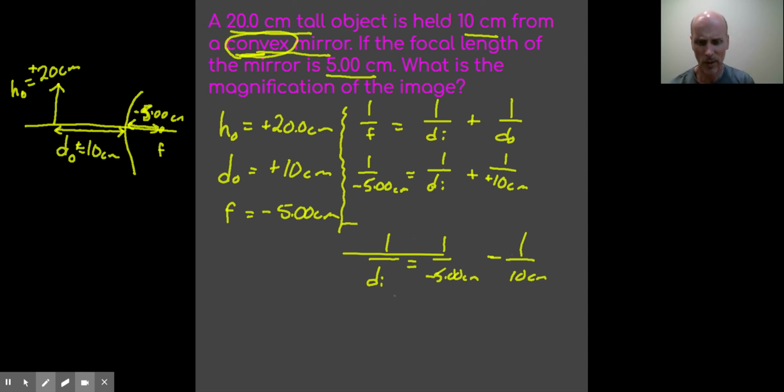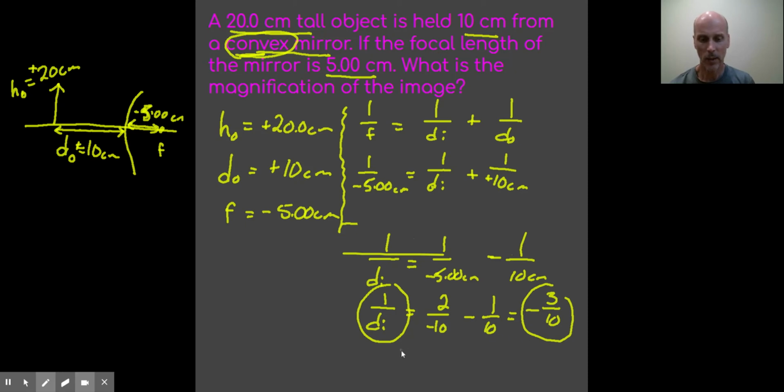I guess because they're nice round numbers, I can do it this way. 1 over DI is equal to 1 over 5, which is the same as 2 over 10. So this is like 2 over 10 subtract 1 over 10. That's 2/10 minus 1/10, which is like negative 3/10. So if 1 over DI is negative 3/10, then DI is negative 10 over 3. So DI is equal to negative 10/3, and 10 divided by 3 is